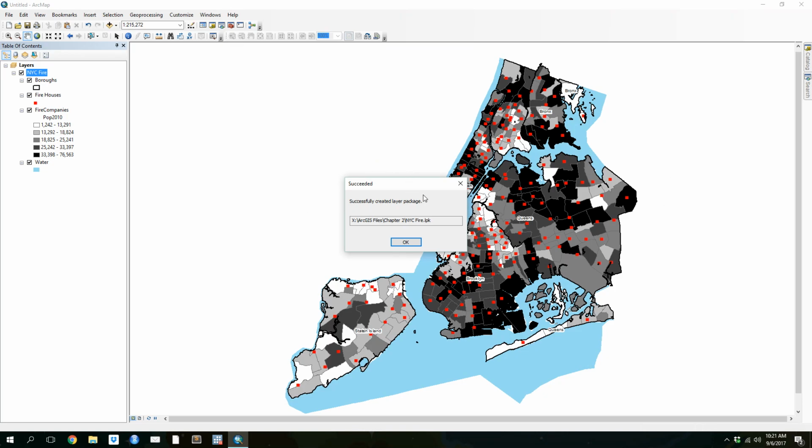So it says it successfully created this package. And that's just an easy way of containing all of our work in an easy container. Cool. All right, I'm going to